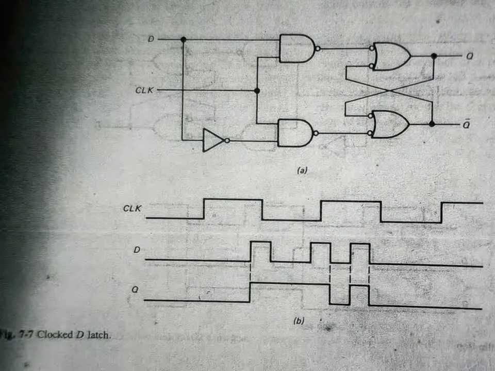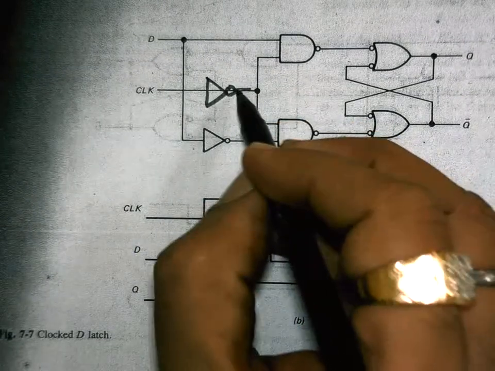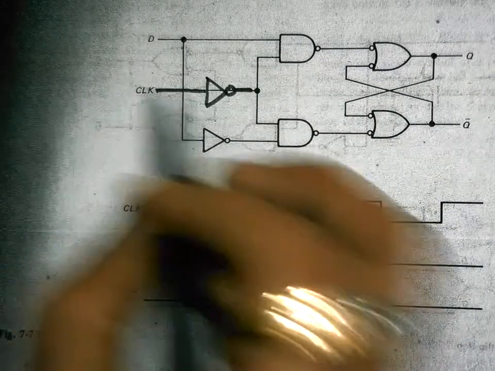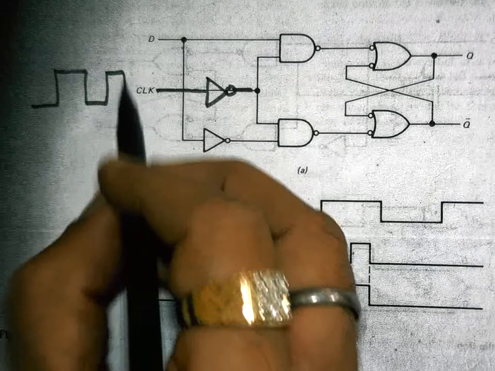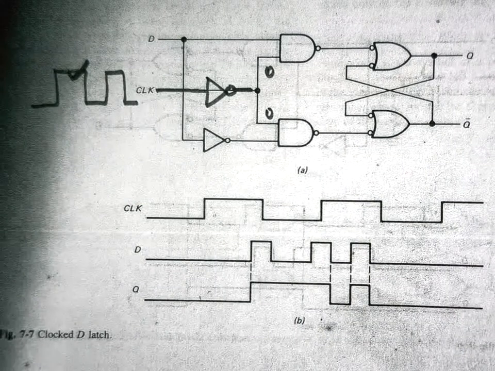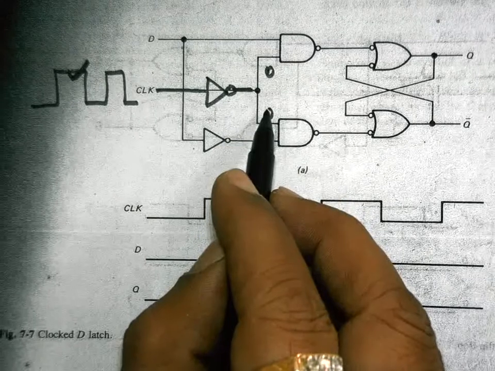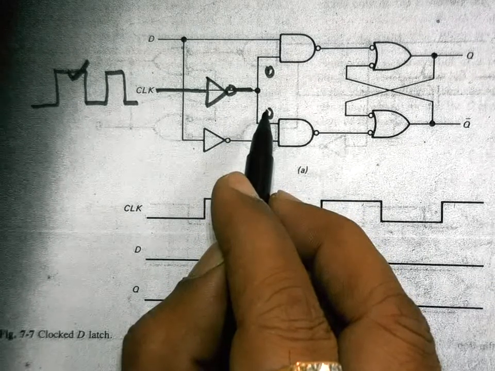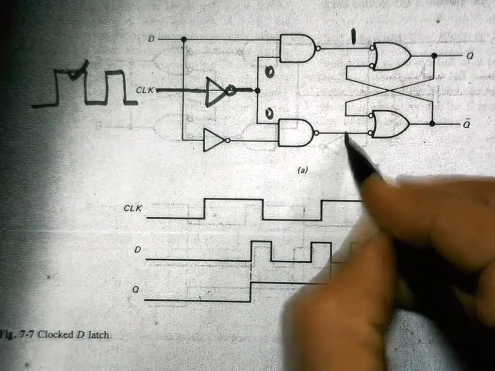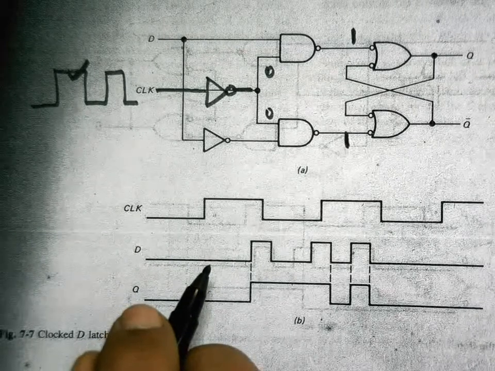This is a high level triggered D flip-flop. Simply, if we insert an inverter in the clocking, what will happen? I am applying clock over here. Now a positive 1 will appear as 0 over here. When I apply 1 at this level clocking, it appears as 0, and it is not going to make any change at the output, because it gives 1 1 at the input of the NAND gates.